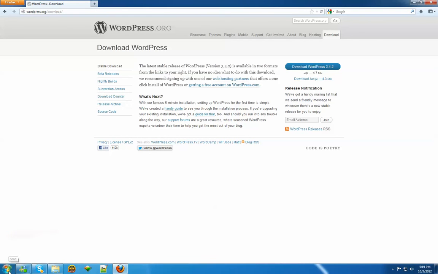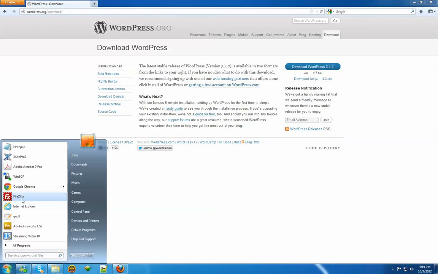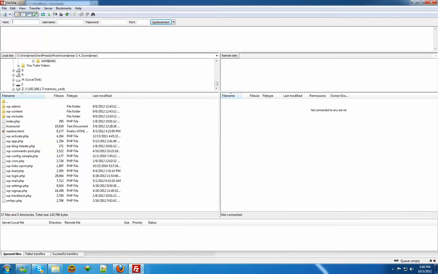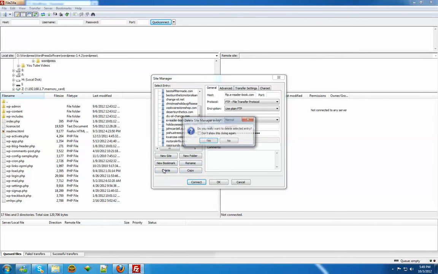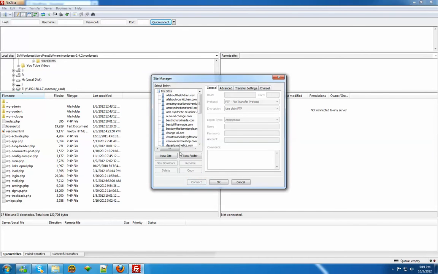So now, how to upload the files is you use FileZilla, hit File, Site Manager. Now you have to put in your website. As you can see, I already have my website here, but I'm going to delete it, which I thought I already did, but I guess not. And I'm going to reinstall it. You hit New Site,